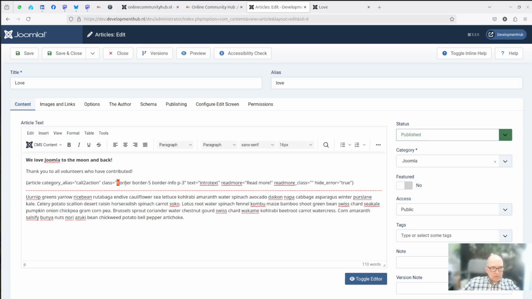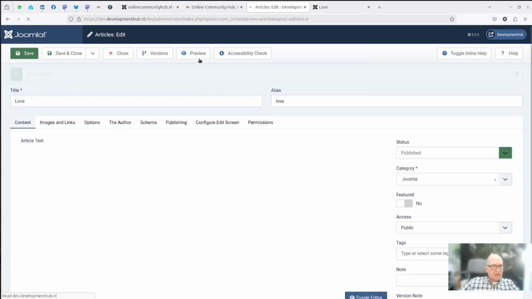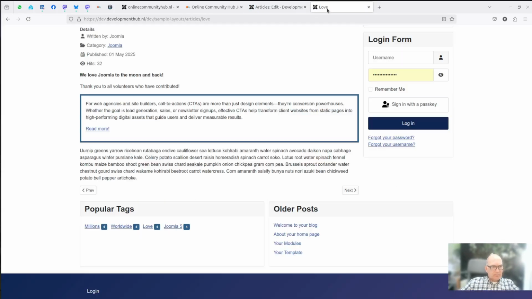Let's remove these classes, as I already made classes in the articles itself. Let's save it and see what happens.